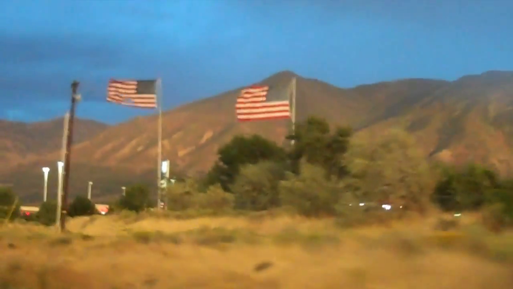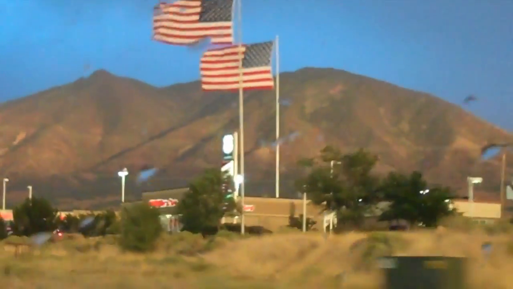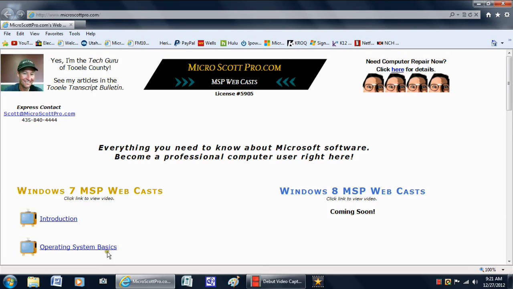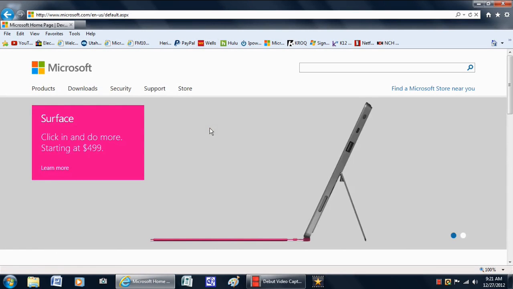We're going to get right into installing Windows 8. This will be part 1 of 2. Go ahead and open Internet Explorer, and then let's go to www.microsoft.com. Hit enter, and it'll take you to this screen. Let's go ahead and click on Products,